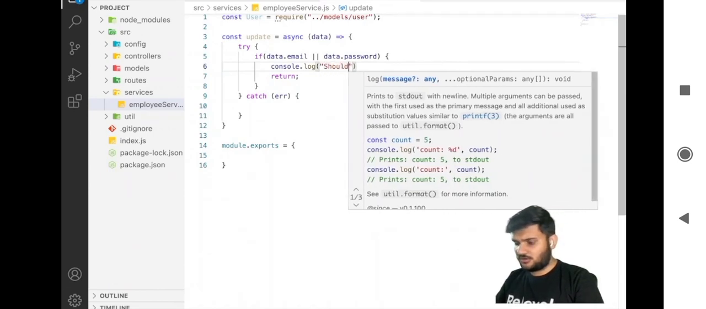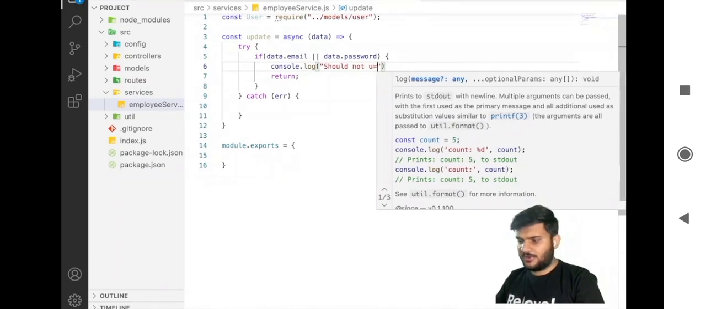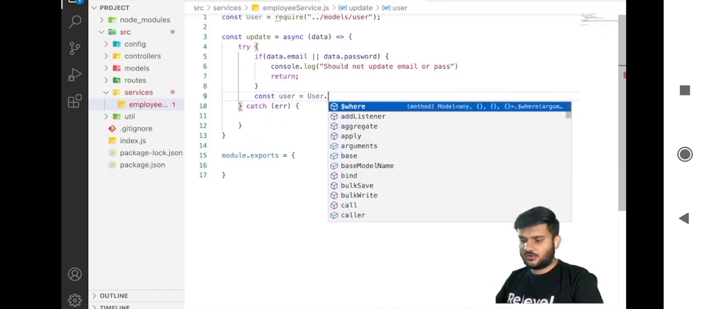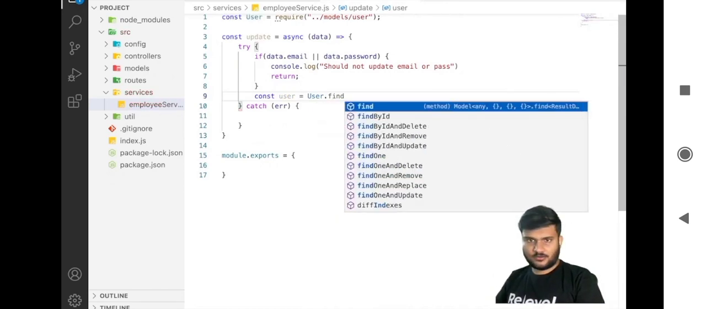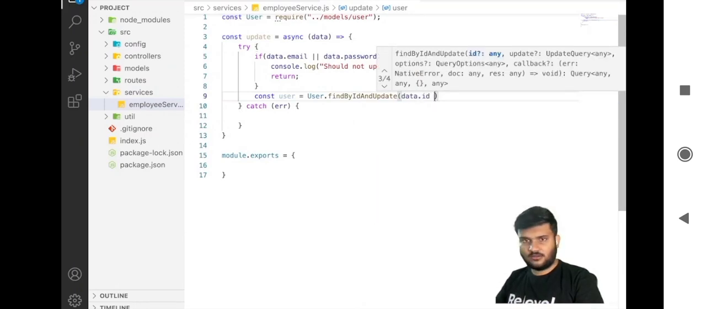Let's update the user by email or password. Okay, cool. Then what we can do is const user equals user.findByIdAndUpdate. So we'll pass id as data.id and we'll pass the rest of the parameters as data,